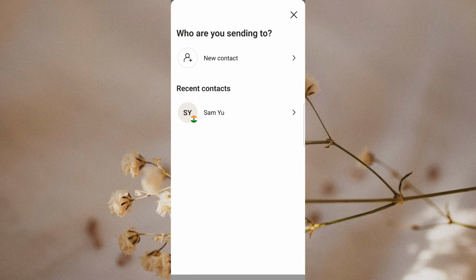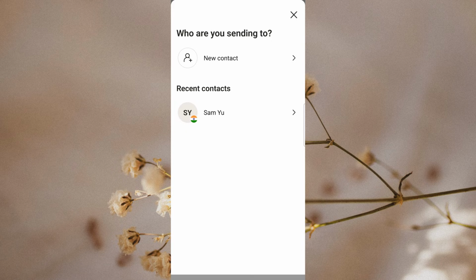Remitly will then guide you into the money transfer process. If you have already saved the recipient's account information before, you can simply locate that saved contact from your list and select it. This is the fastest option because a lot of the details may already be stored for you.